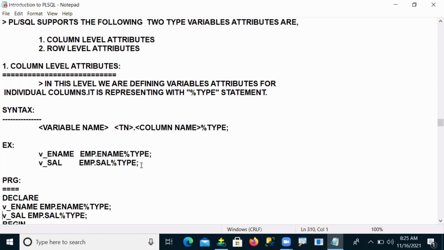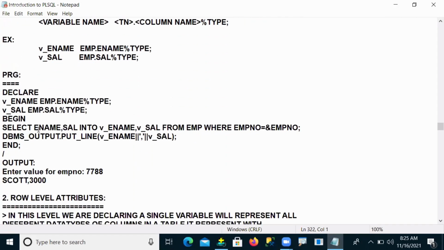Same program, let you see, guys. What I did here is declare the variables name and salary. But in place of the data type, previously I used the varchar2 data type here and the number data type here. But now, in place of data types, I'm using anchor notations, that is, variable attributes.